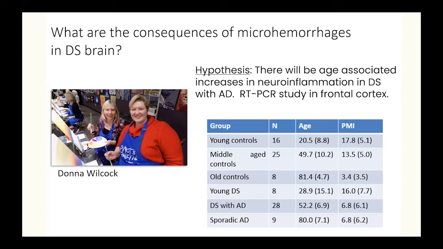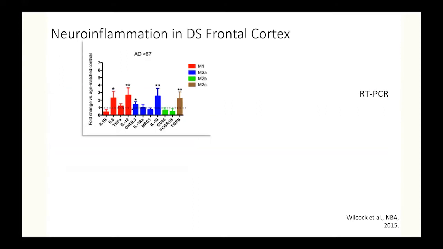Donna used RT-PCR and a subset of markers of inflammation that she thought would be important. And the first thing she did was she looked at comparison of sporadic AD compared to their age-matched controls to understand the fold changes in RNA in these different markers of inflammation. The dotted line in each of these graphs represents no fold change. And of course, if the bar is lower, it's a decrease, and higher, it's an increase. And she clustered these genes into different classes, which we can talk about later. I know it's not a super favorite nomenclature to use, but it helped here a lot.